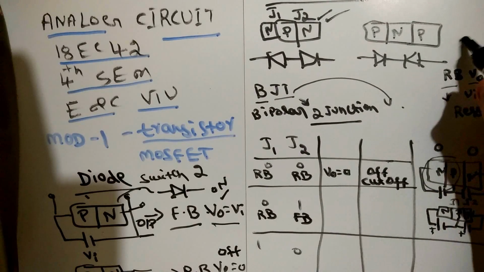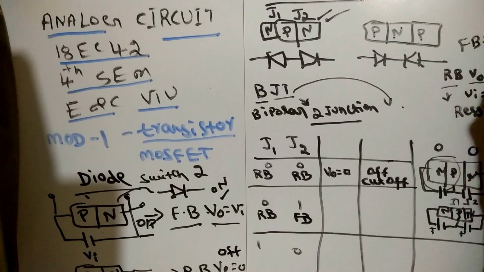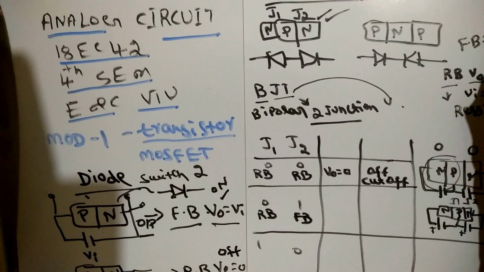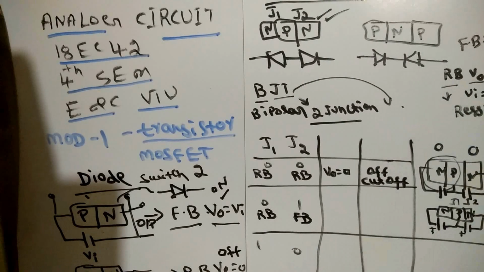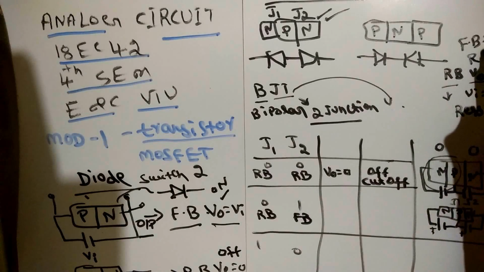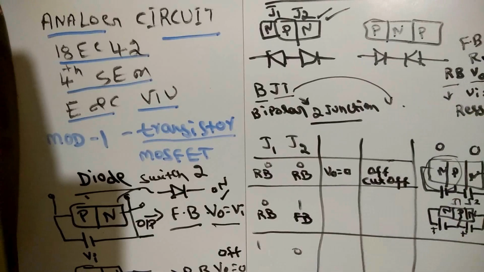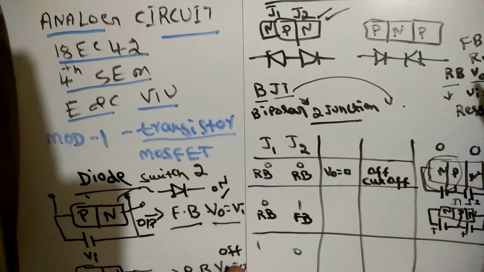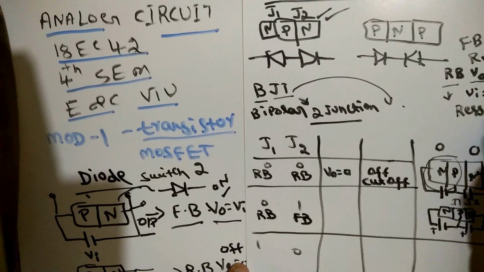In forward bias, whatever we give, V0 is equal to Vi. So whatever input we give, we get as output. It is an easy flow, nothing is resisting or holding. In this condition the resistance value is always small. So we will go with that condition. The reverse bias resistance is very high, and the forward bias resistance is very low.